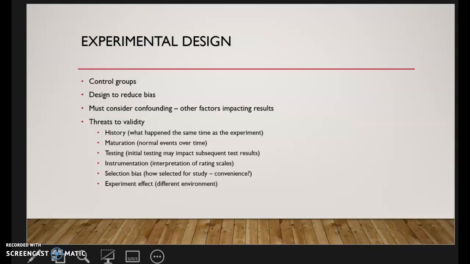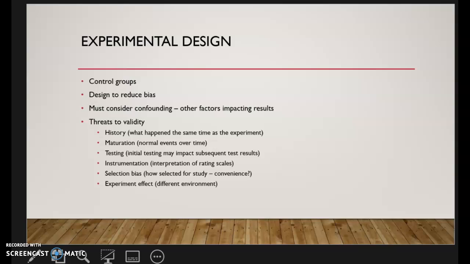Look at how the groups are selected, how they're assigned to groups, who's in the control and who's in the experimental group. Are they the same type of person with the same maybe demographics, those types of things. Always look at how the groups are selected, and there's also effects on if we know we're in an experiment, it may impact how we react to a certain stimulus or a certain intervention. So all of those factors are things to have that critical eye when you're reading and looking at the design